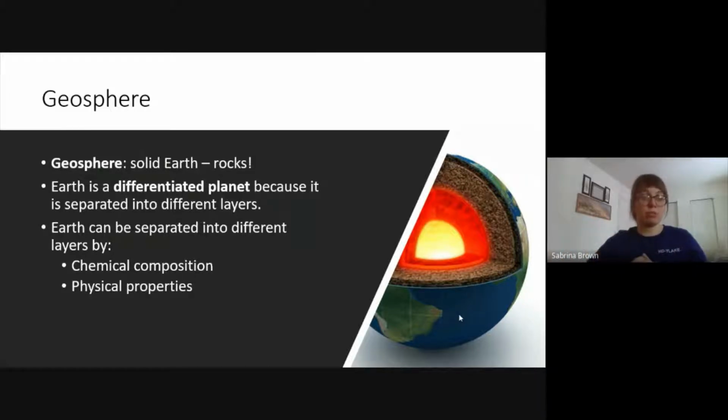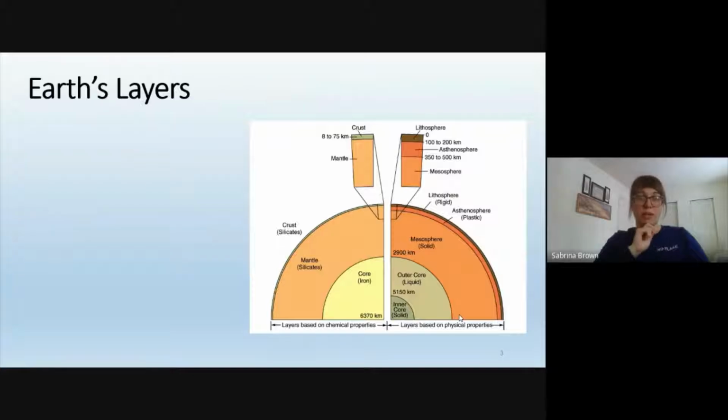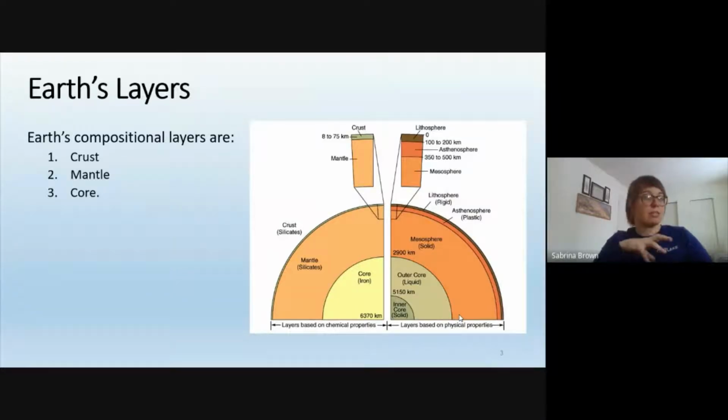So there's actually two different ways that we can separate Earth into different layers. And the first way is based on chemical composition, right? So based on the chemical properties, the chemistry of these layers, we divide the Earth into the crust, the